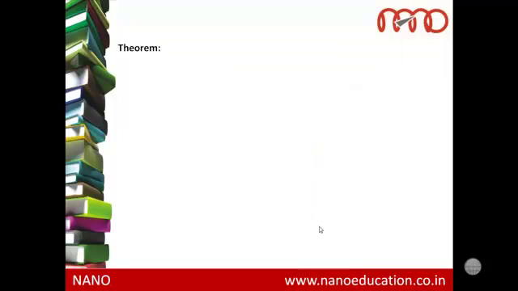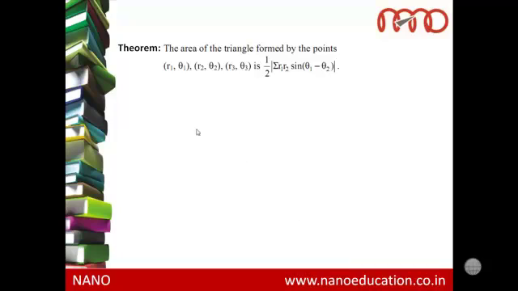Next, let us look at another theorem. This theorem gives us the area of the triangle formed by 3 points. The area of the triangle formed by 3 points (r1, theta 1), (r2, theta 2) and (r3, theta 3) is half mod